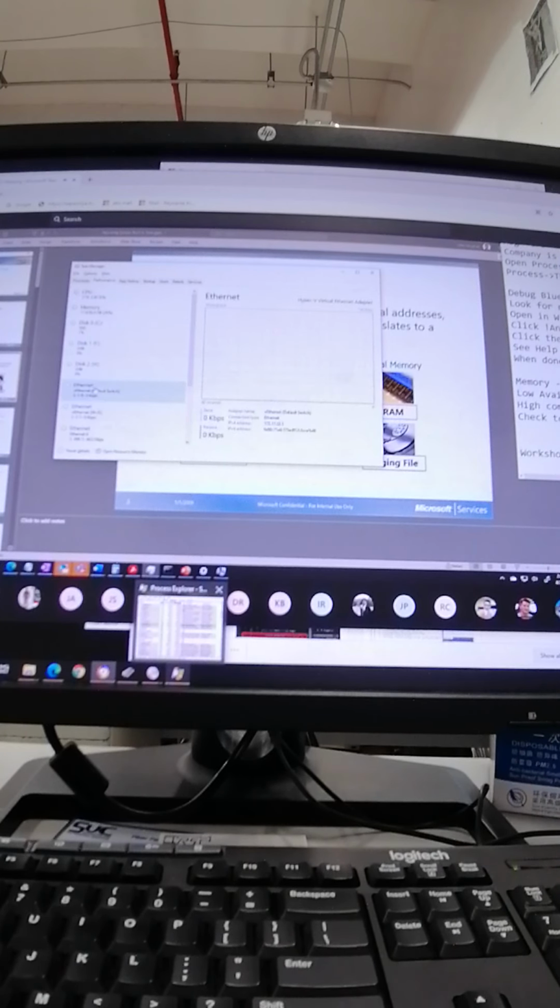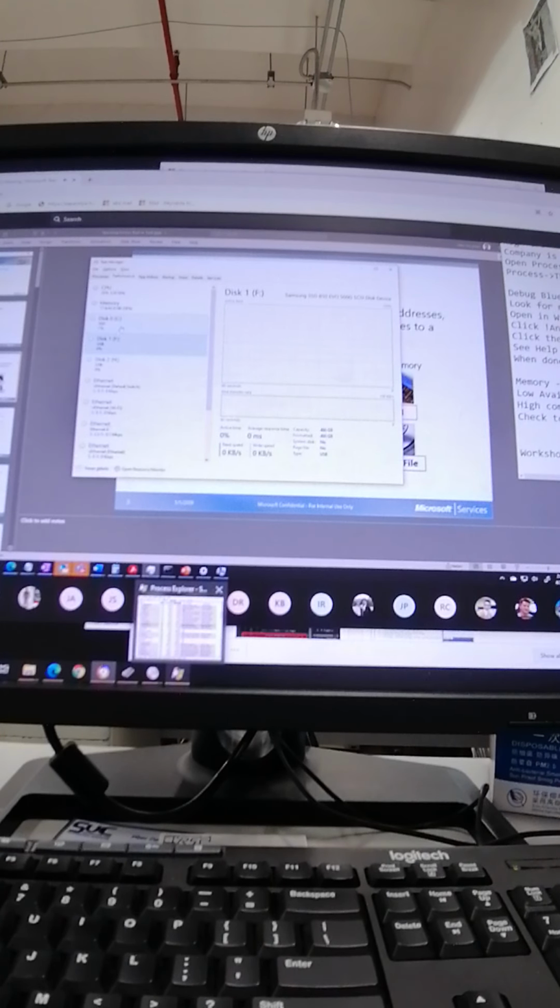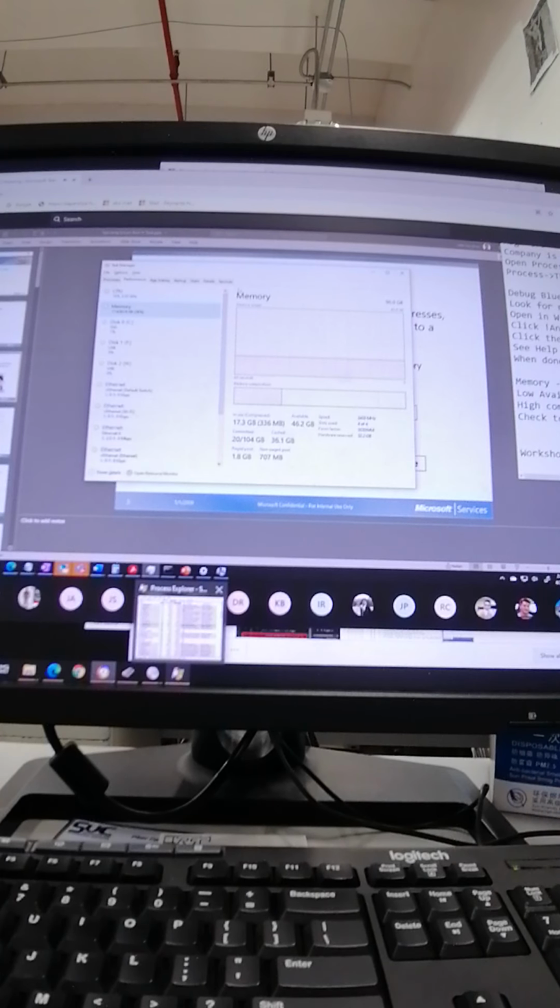Let's take a look at Ethernet real quick. It's pretty straightforward. Not a lot going on here, and then disk doesn't show up, as I mentioned, in Task Manager on a server. So what do I use for disk and network? So CPU and memory, I use Task Manager every time. But if I want to look at network and disk, you all saw earlier when we were troubleshooting WinDBG, I go into Resource Monitor,